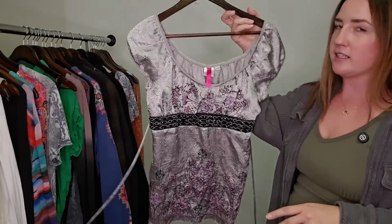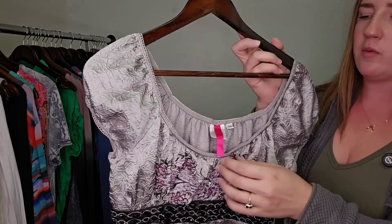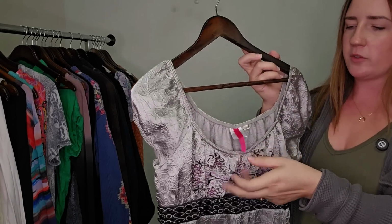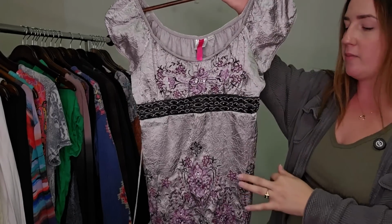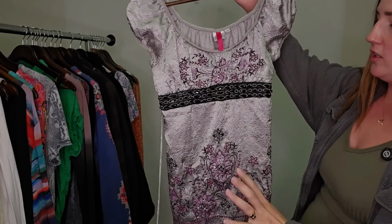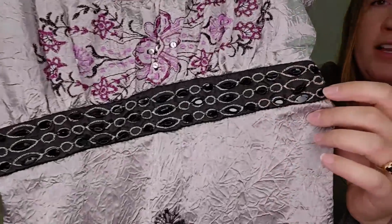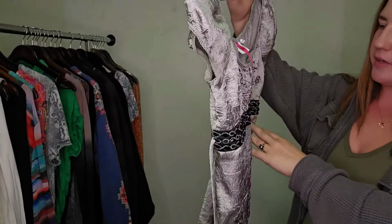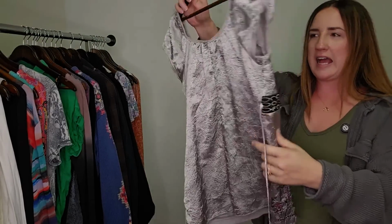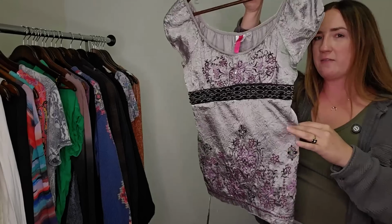Here's another completely style-based piece. This one's label, I don't know what this originally was. I did look up the RN, but I didn't recognize it, so we're just gonna list it as basically an unbranded top. Very on trend Y2K. We've got all the amazing details here. It's even got the beading and the embroidery. Ugh. And it's metallic. Such a stunning piece. Also has the tie in the back. So yes, very, very